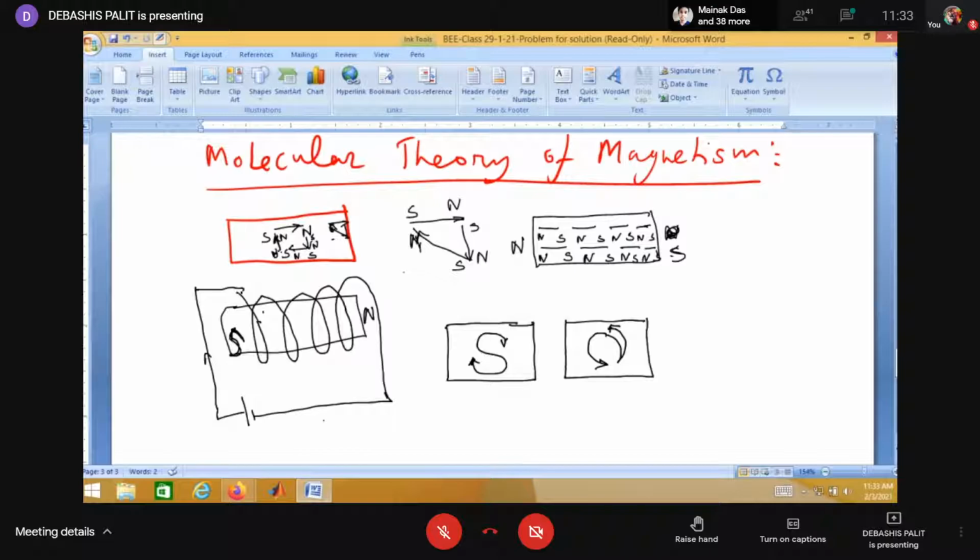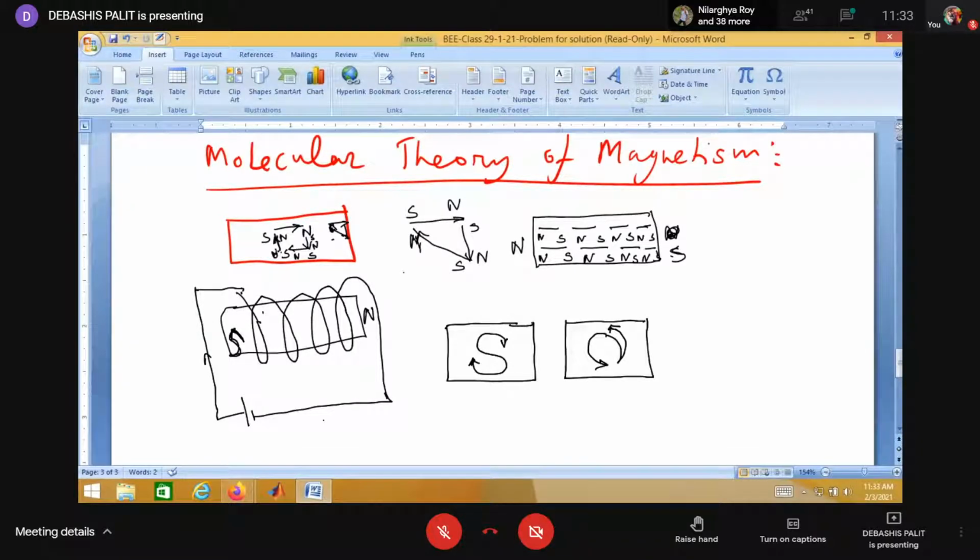But it cannot explain some cases. As per this theory, it states that every substance is inherently a magnet. But in every substance, I cannot convert it into a magnet. There are some substances like water, quartz. As per this molecular theory of magnetism, I cannot explain that,